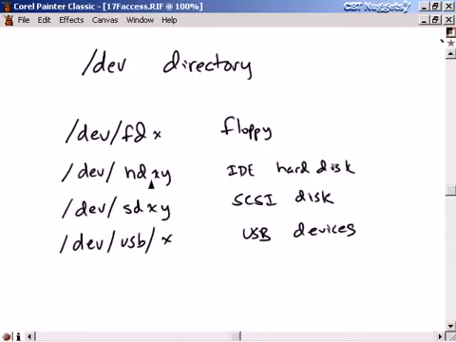I just wanted to refresh your memory. The devices that start with SD are for SCSI disks. The X and the Y mean the same thing as on the IDE disks. And then there's a whole subdirectory of the /dev directory for USB devices. So /dev/USB/whatever, all the devices in there are USB devices. Okay? And like I said, you just change the permissions on this file, and that's going to change the permissions